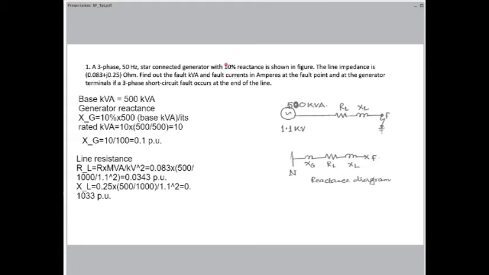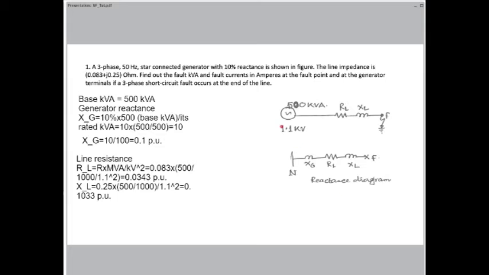When we are given this question in text form, we draw this diagram. From this diagram, we make sure that we calculate the reactances of all those equipment, and the resistance and reactance. That's what we have done so far. When we have done that, we go to the reactance diagram that we have to draw for the analysis of symmetrical fault, currents and fault MVA.